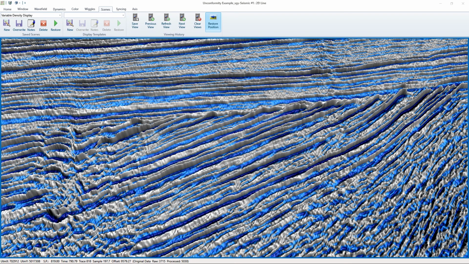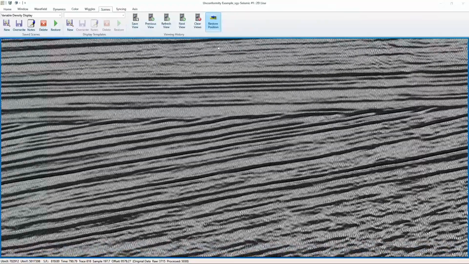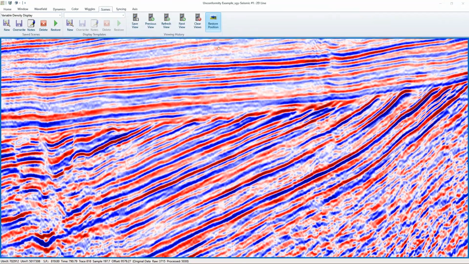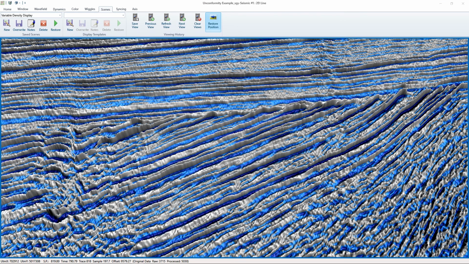Switching now to a nonconformity, what you are looking at is really a true amplitude display. It is the penultimate step in our ability to perceive seismic amplitudes, and it is the final step in a sequence that began with wiggle trace displays, progressed to amplitude proxy displays, and now ends up with true amplitude displays. This is the